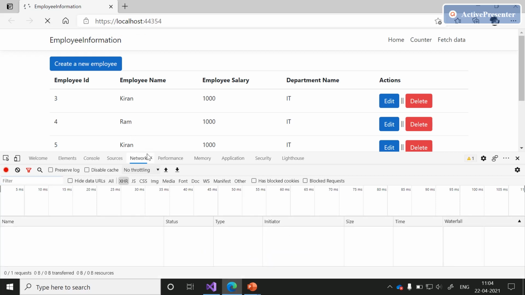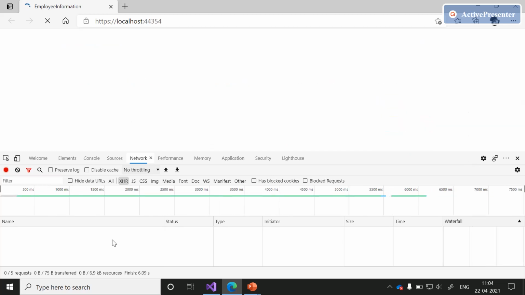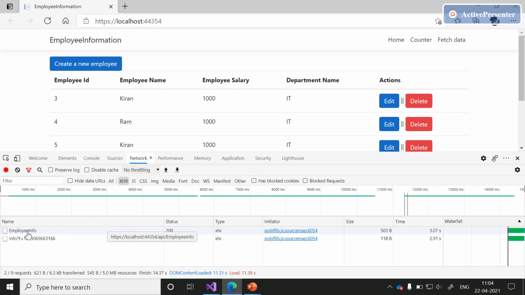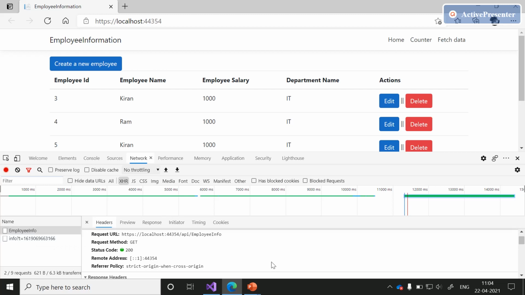Just refresh this page and observe the list of network traffic information here. If you observe the first request, that is employee information, just click on this and scroll down a little. Here we can see the network information completely.